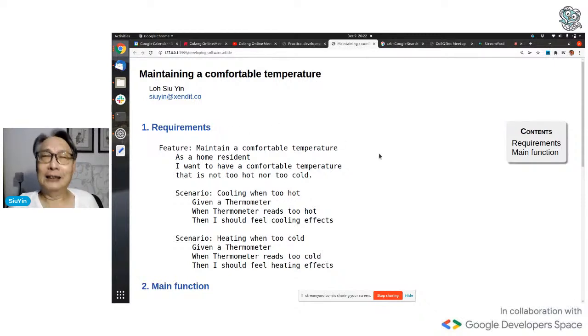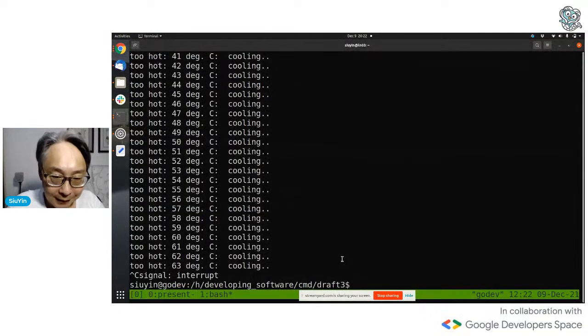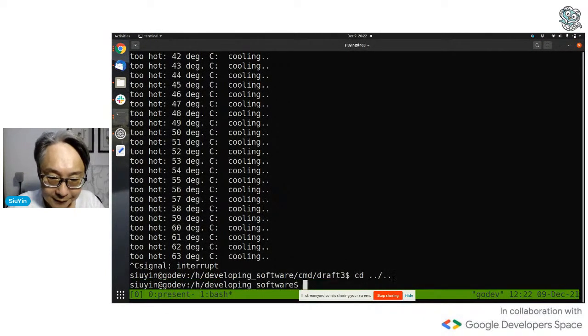Now, at this point in time, you are saying, Xiuyin, why are you so stupid? You already have a requirements file. I saw it earlier. Why did you type all this in again? I did not. Let me show you. I use Vim.